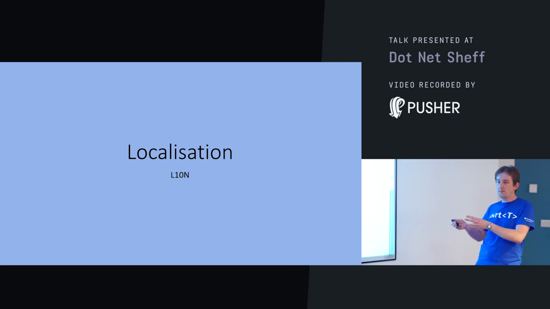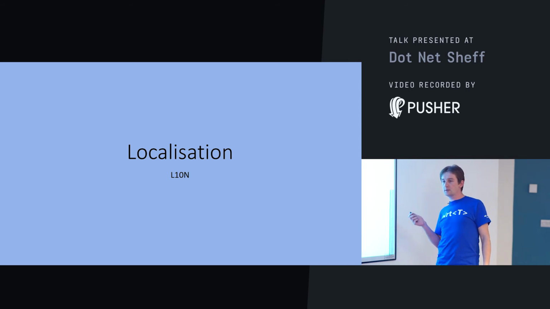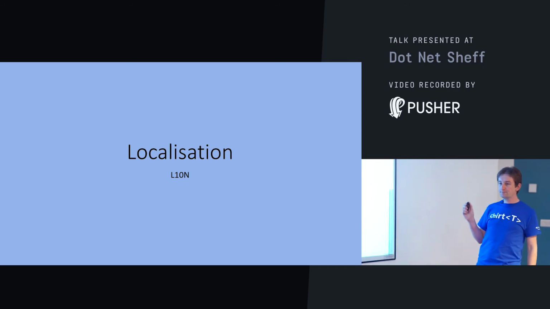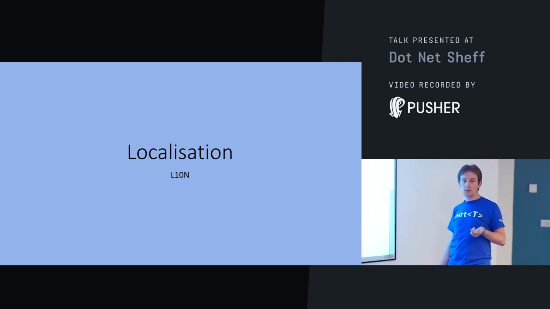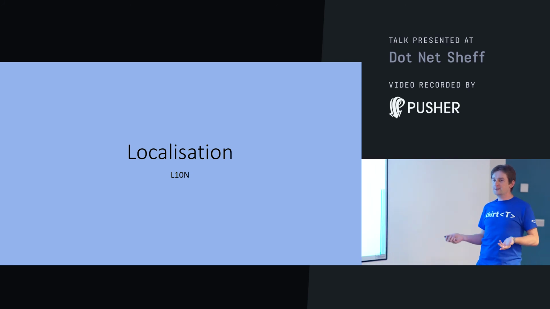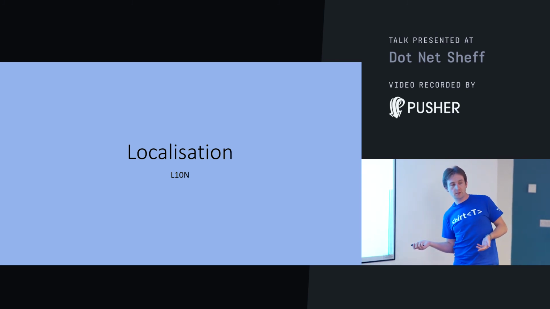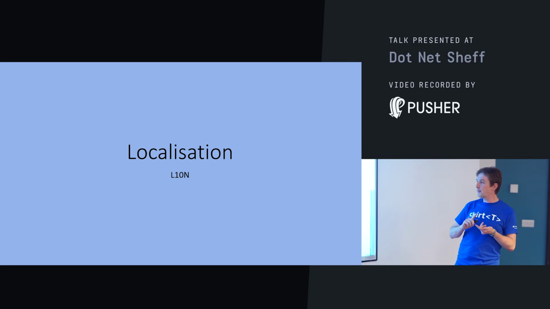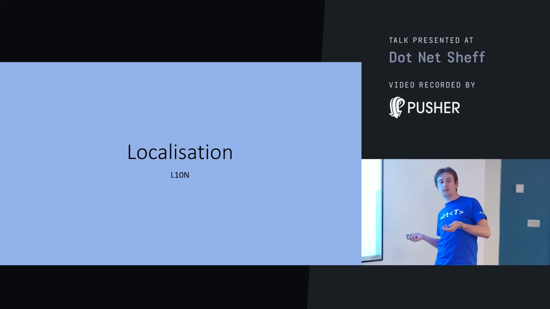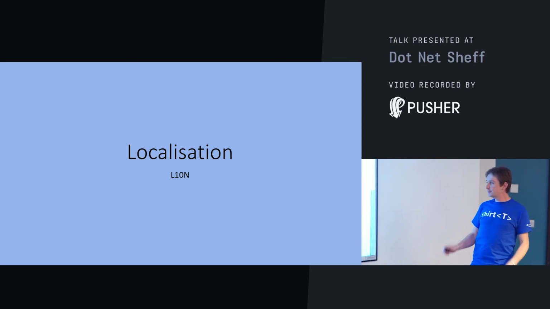That's the minimum requirement. The actual definition of localization is adapting your software to suit a cultural region or language. So language is the translation part, but you have to consider the region and the culture as well. You might be thinking, what's the difference between those two things? If you think about an American sports website, you would have American footballers, hockey players, baseball players on the main screen. That would mean nothing to somebody here unless you're a big fan of American sports. You'd want to see a football player or a rugby player. That would mean a lot more to you.